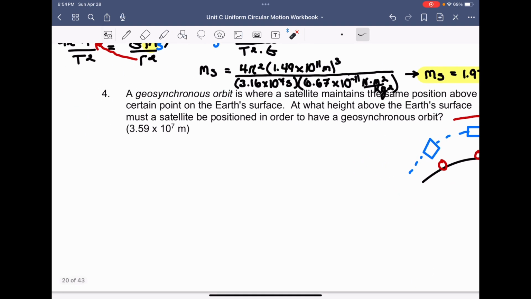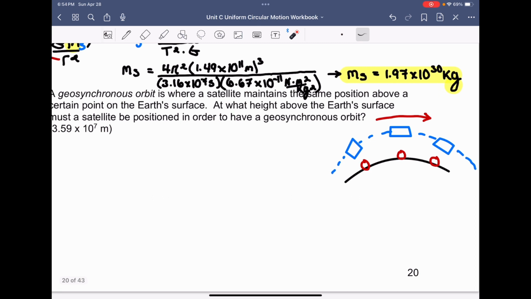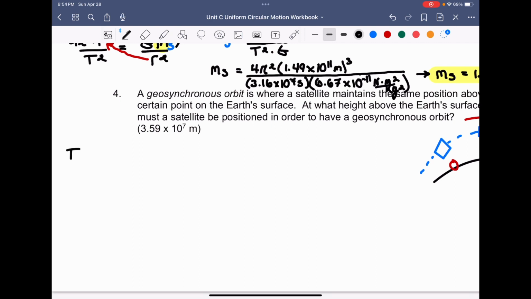Now, how we solve this is first and foremost, we've got to think about it in terms of what is the period of an object that's on Earth, or what is the time it takes for an object to complete one full rotation on Earth. And if we actually did the numbers here in a given day, which is 24 hours, and maybe I'll write this down just to make sure we're tracking this, the period on Earth is